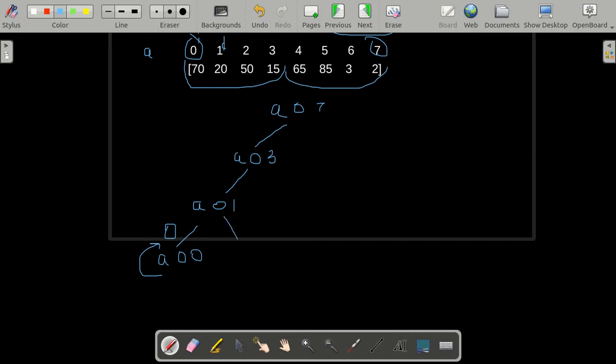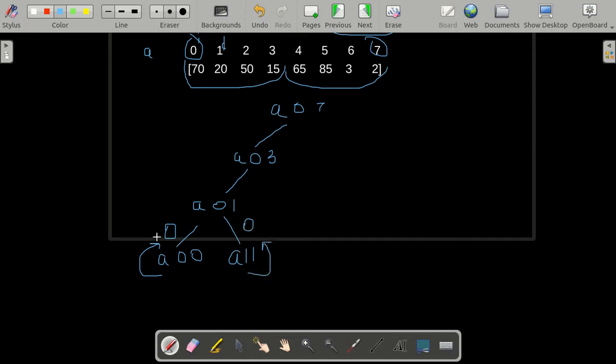Now from here we will have another call which will be from 1 to 1, that is mid plus 1 to the j, that is the end of the array. Over here similarly one element is sorted in itself and there will be no inversion, so we will return 0.